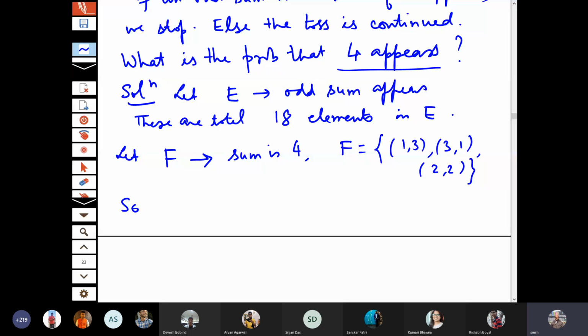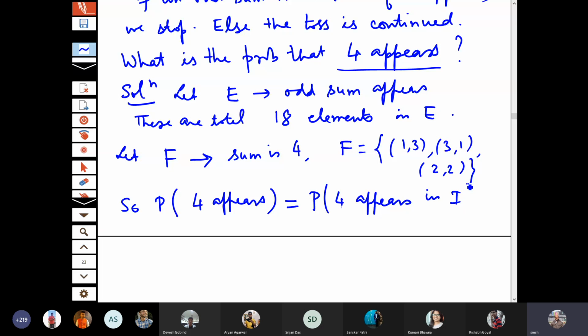Or in the first one it doesn't appear. Now if it doesn't appear in the first one, then odd sum should also not happen, and 4 should also not happen. So how many possibilities are there? There are a total of 21 possibilities which are in favor of E and F. So the remaining will be 15. That means in the first toss, out of the remaining 15 anything occurs, and in the next one 4 occurs, and so on.